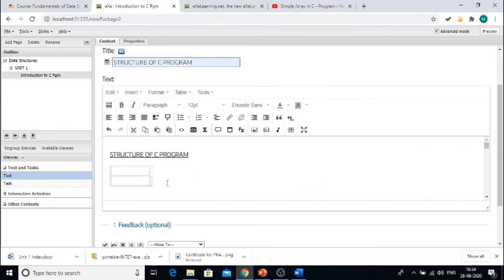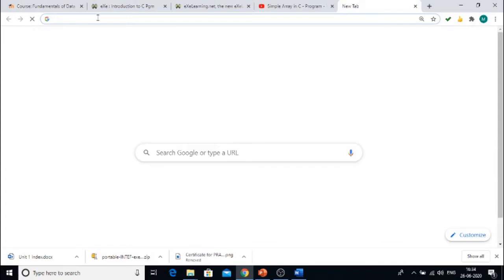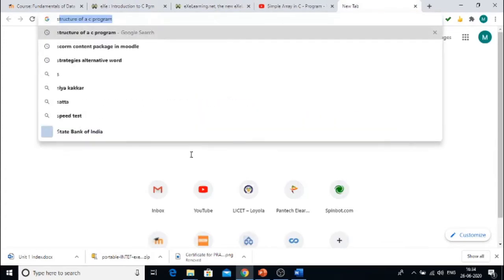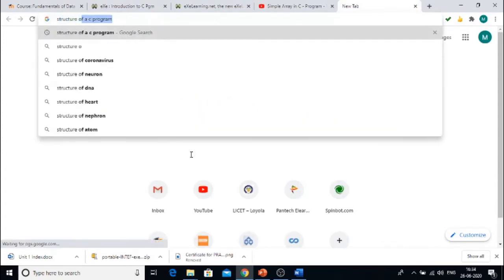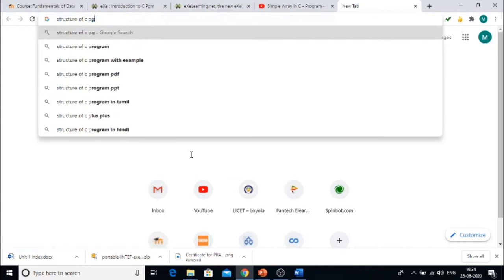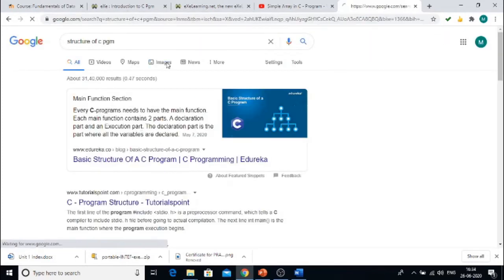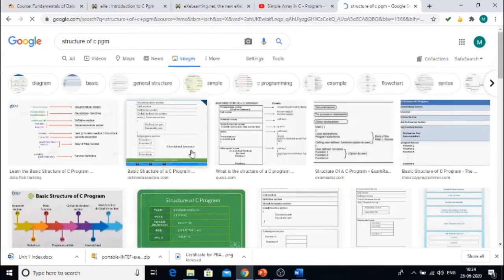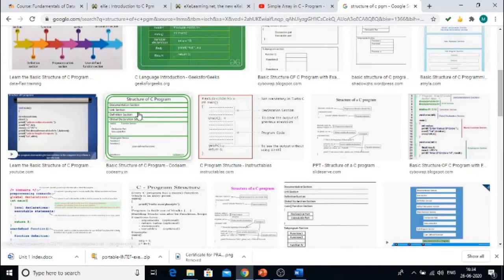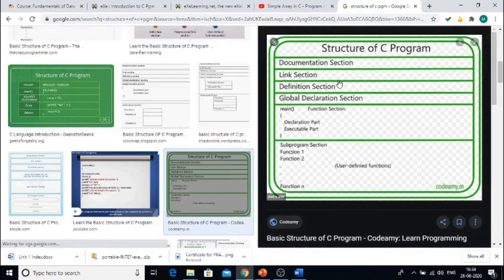For example, here I wanted to have an image for the simple C program structure. You can search on the internet for structure of C program. Go to images. You can copy the image directly.